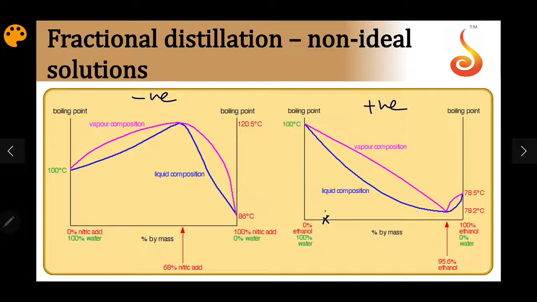When you heat, it boils like this. At this temperature it starts boiling. Then the vapor will have this composition; condense it, I get this liquid. If the vapors are condensed again, I get one more liquid composition richer in the more volatile component. Ultimately I can only reach the point mentioned here, which is called the azeotrope. In the case of ethanol and water, you have positive deviation, and 95.5% ethanol and 4.5% water will form an azeotrope.